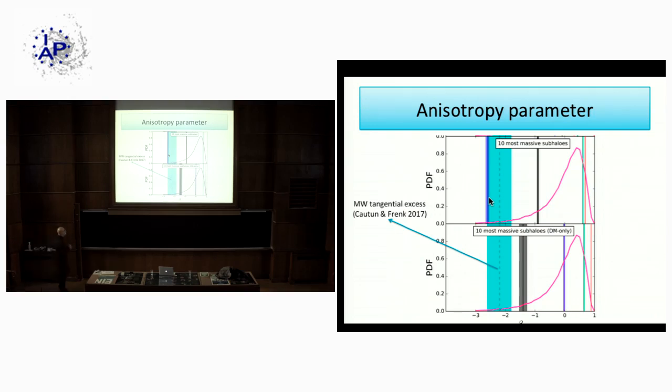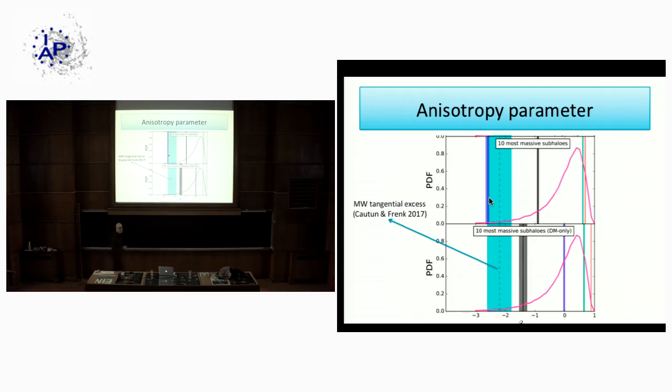However, we actually repeated the measurement using our high-resolution simulations, dividing the halos based on whether they are stalled or accreting, as we saw before that this influences what beta you're going to find. Here we just plot 4 of these halos, and you see that those which are stalled are always in the ballpark of the Milky Way, while those which are accreting are more similar to the peak